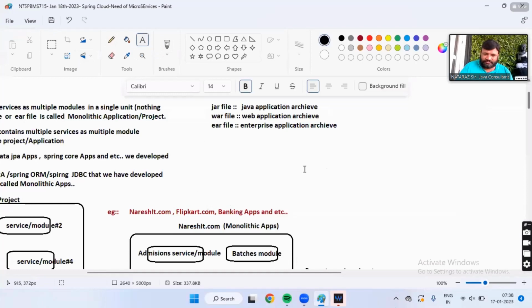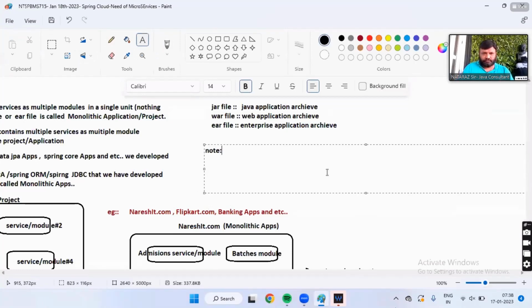The MVC architecture applications that we have developed so far fall under monolithic architecture applications.